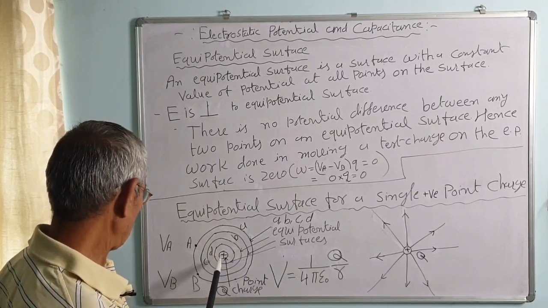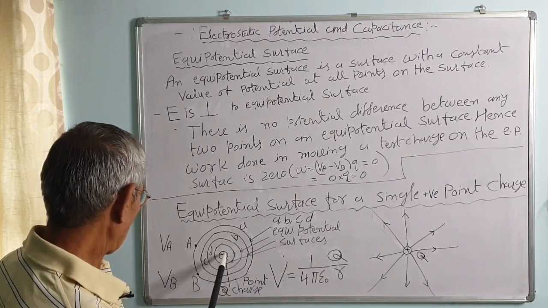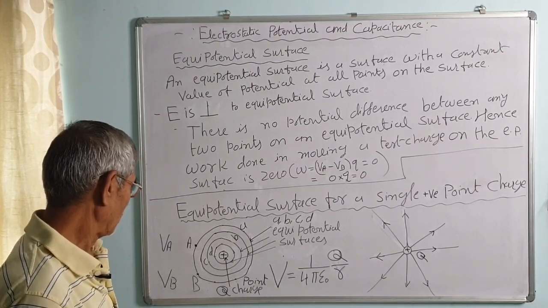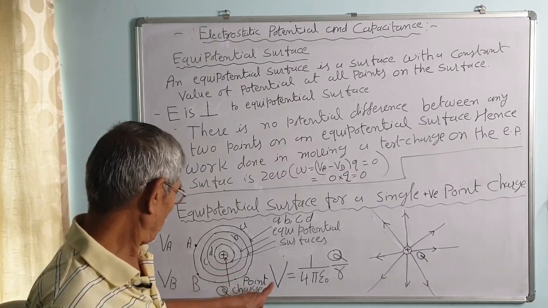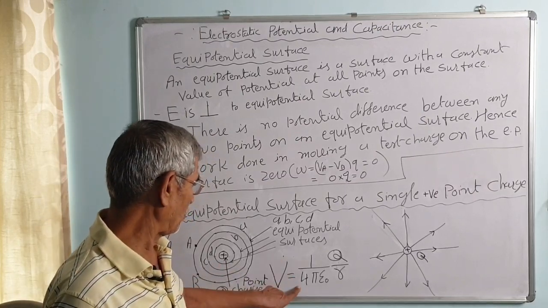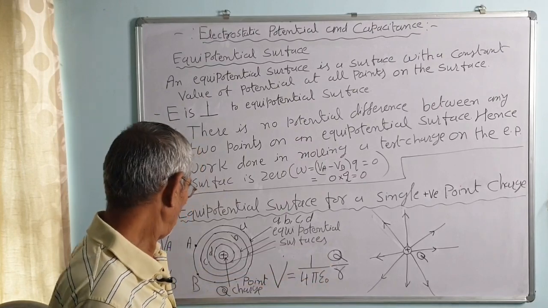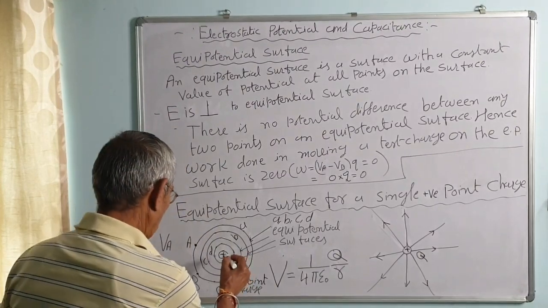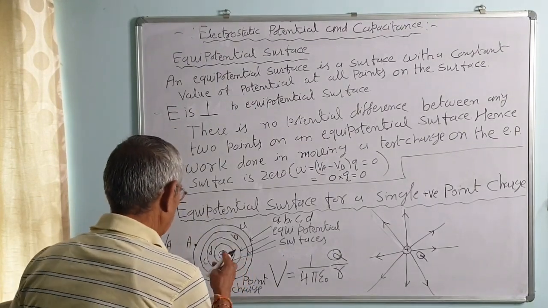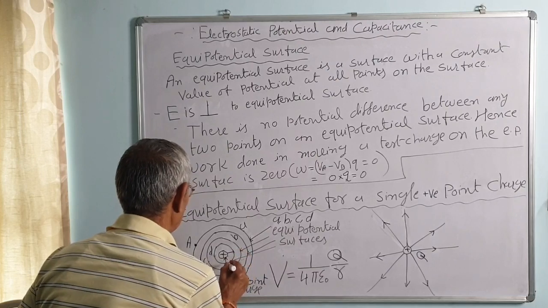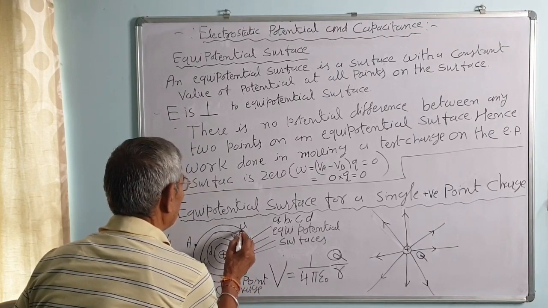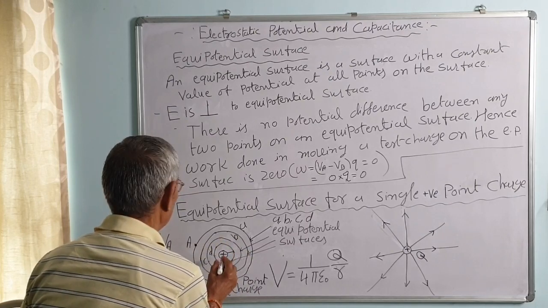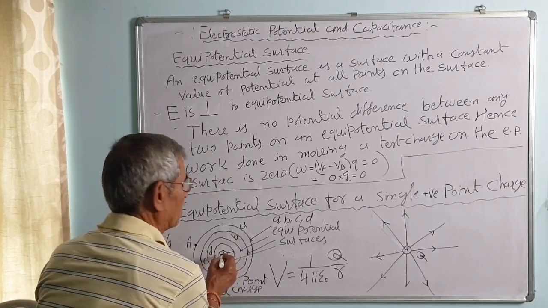That is, here in the figure, the equipotential surfaces of a point charge are shown. The single point charge, say Q, correct? These are the equipotential surfaces A, B, C, D. There are concentric circles. We know the potential is given by the equation 1 upon 4 pi epsilon 0 Q upon R. So, if R is constant, the potential is constant on the equipotential surface. For example, the distance, say R1, of the equipotential surface D. This is A surface, this is B surface, this is C surface, and this innermost one is the D surface. All are circles centered at the charge.